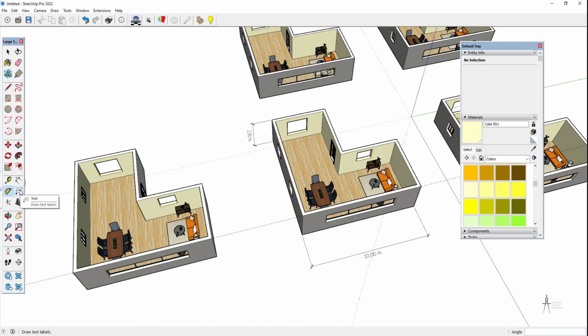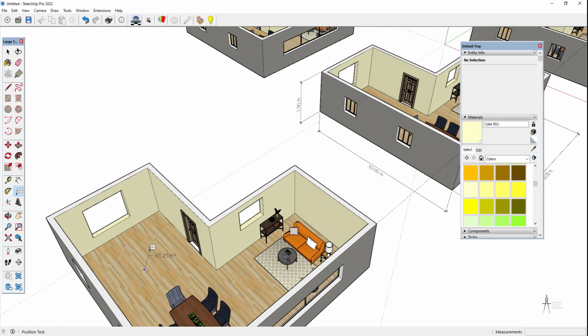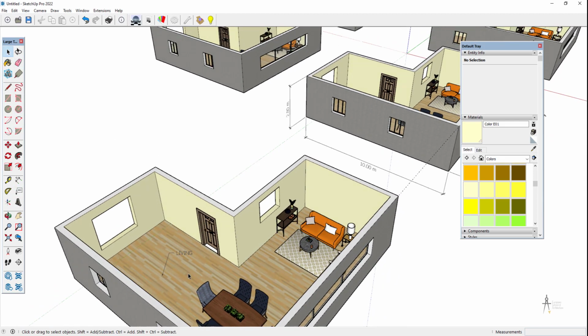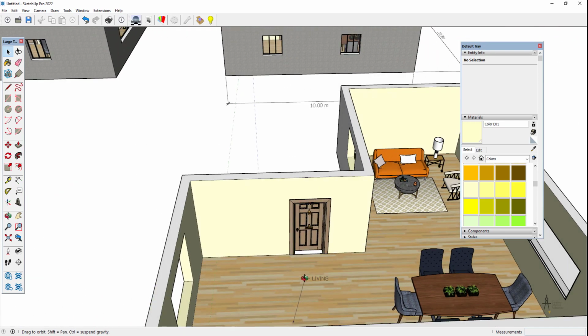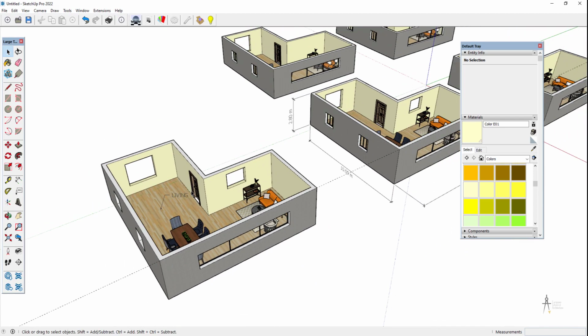Annotations, the one that says text, okay? You can add text to your models, okay? If you click on it, okay, it says A1 there, and I can maybe click here on the sitting room and just write sitting room or living room. And you have probably realized before, well, as you rotate, you can see that the text changes, which is very useful for clients,